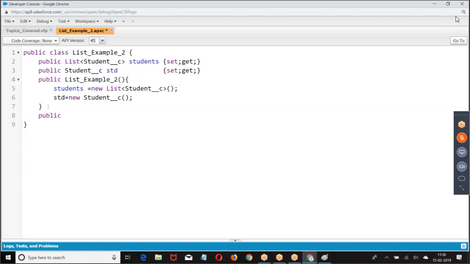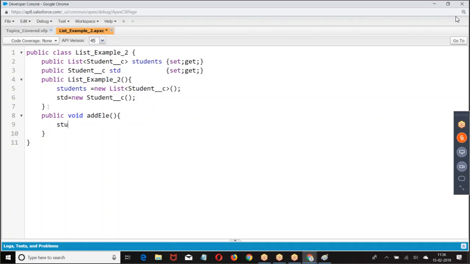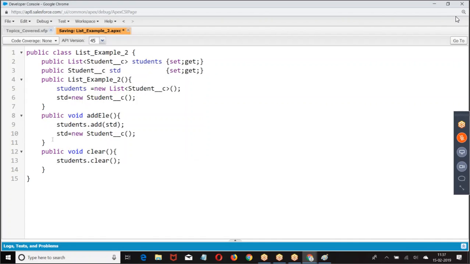When you click on add, the element you're adding is students dot add std. Then I need to give new memory. This is how we have created.